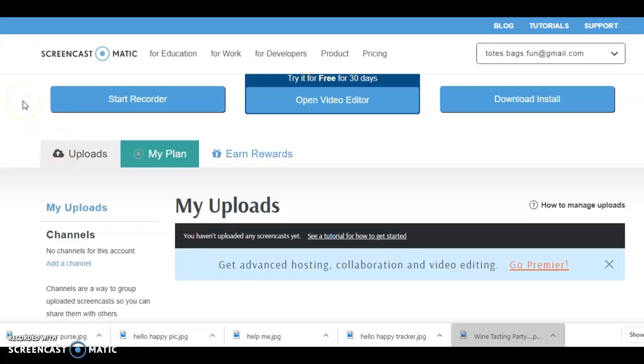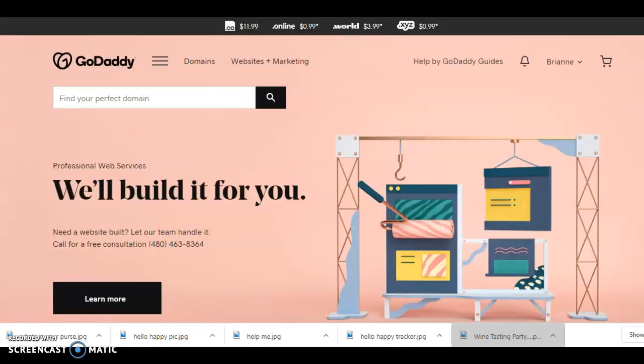Just sharing something that Terry Childers taught me how to do in regards to if you use GoDaddy as your domain. This gives you the opportunity to create your party links without having to copy and paste the party links from your virtual office. So if you go to your GoDaddy,